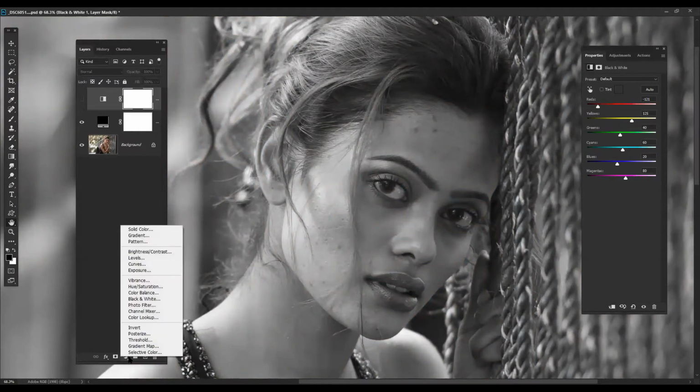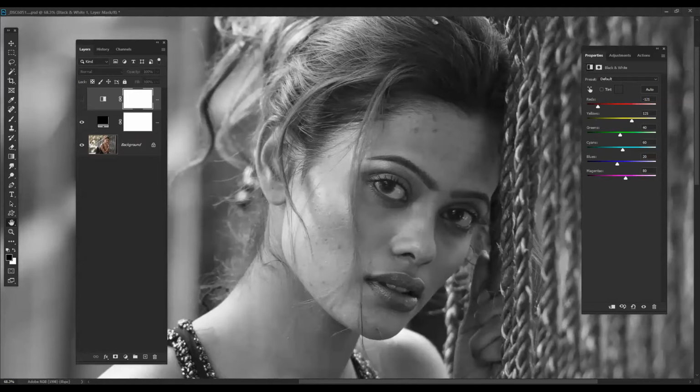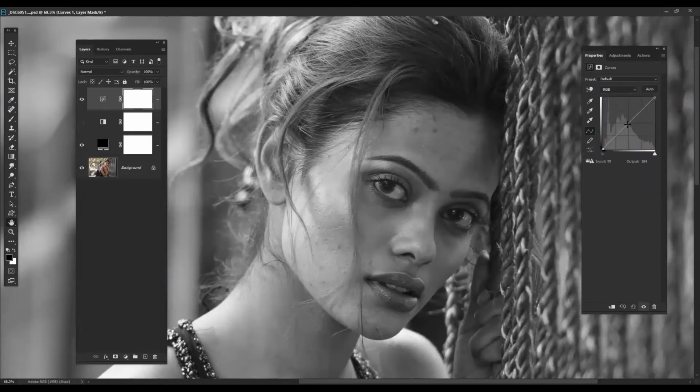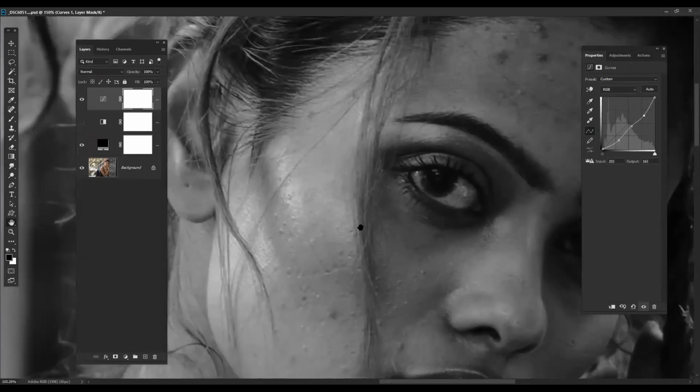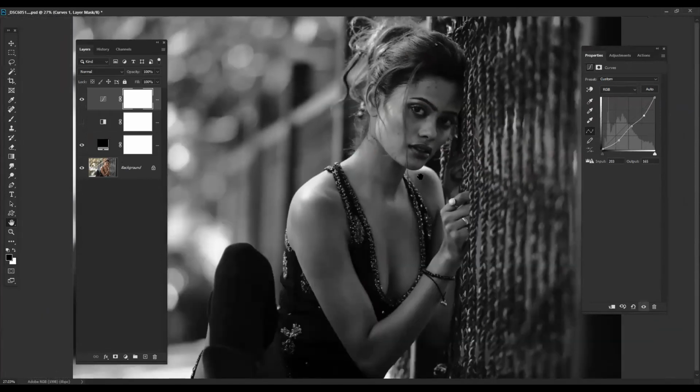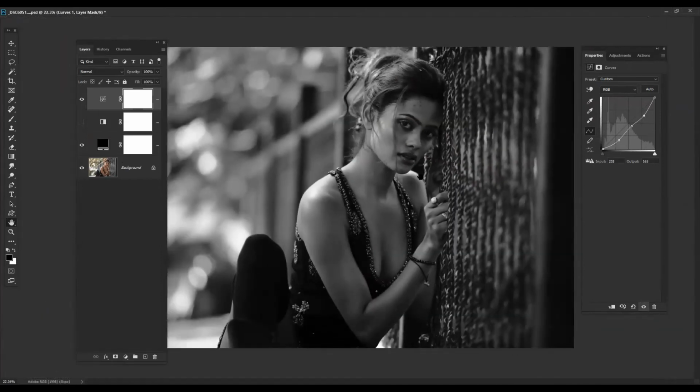Secondly, in the checker layer, as we have already made a normal black and white layer, you can add a curves layer and adjust the darkness a little. Now you can also see the differences. So this is how we make a checker layer to help us. A black and white image will always help you get the proper differences of blemishes which you can't see in a normal layer.